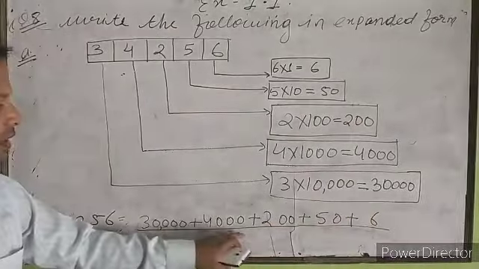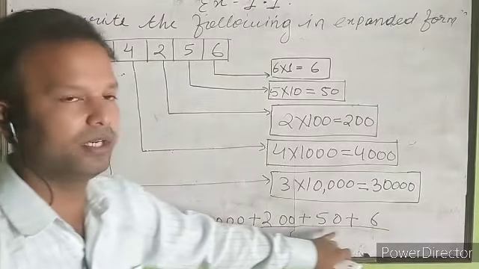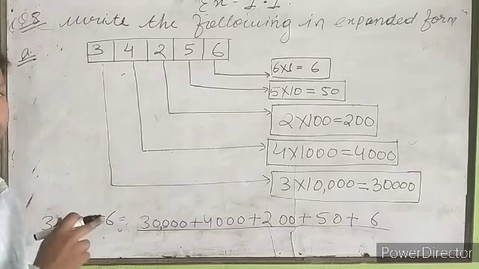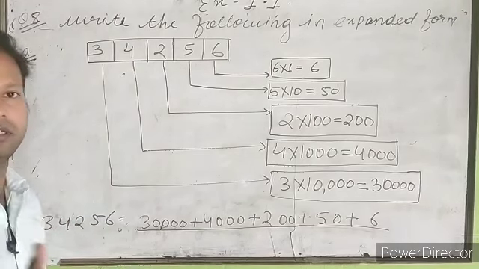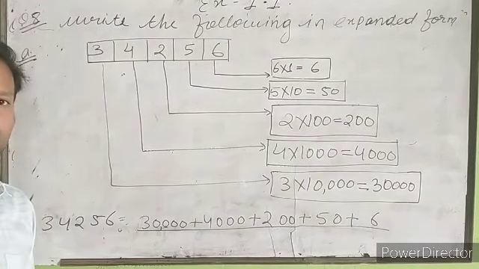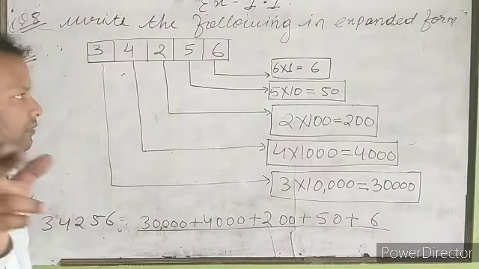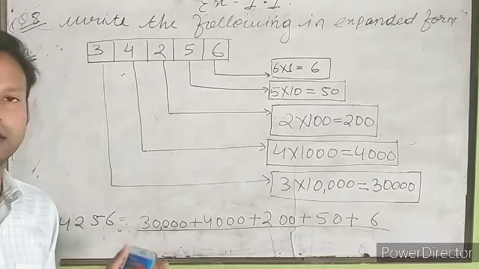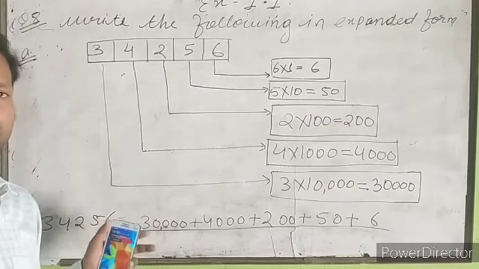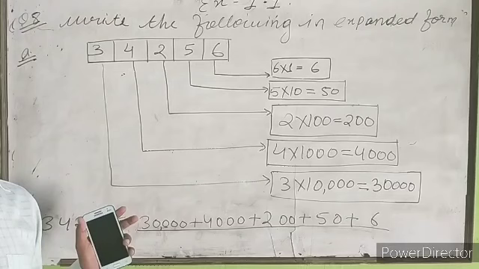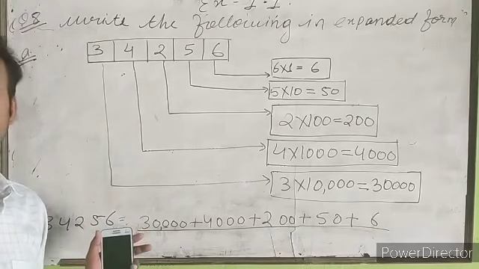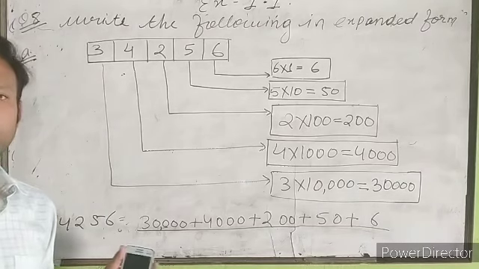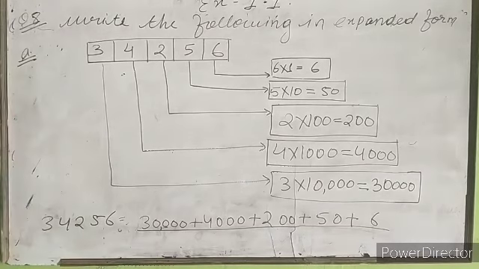So 34,256. It's very easy. Hope you understood about this question. Next is the B question. That is your homework. Do it. If you are not able to do it, then you can ask me again. Students, I was saying, if you have any doubt, or you are really not able to understand, you can ask me. I will explain to you today itself, or maybe in the next session. Just ask me any queries you have.